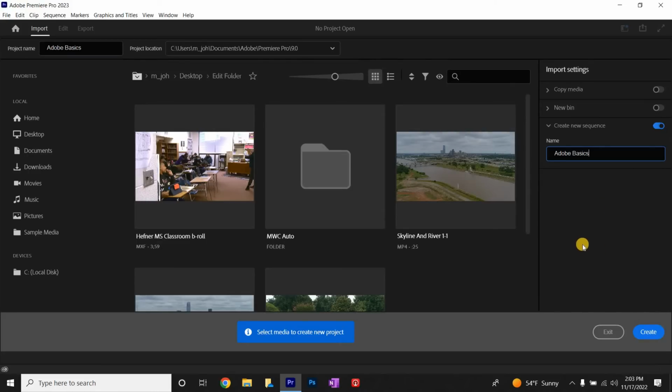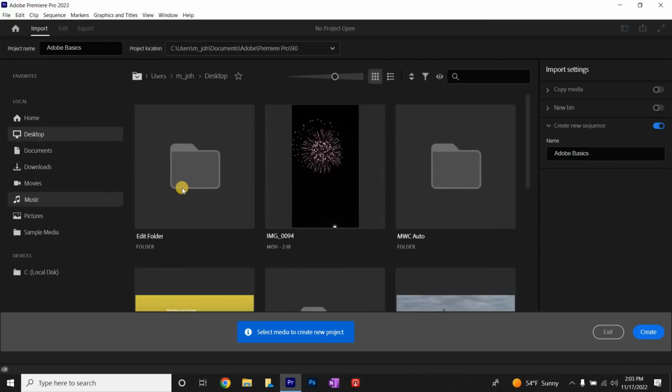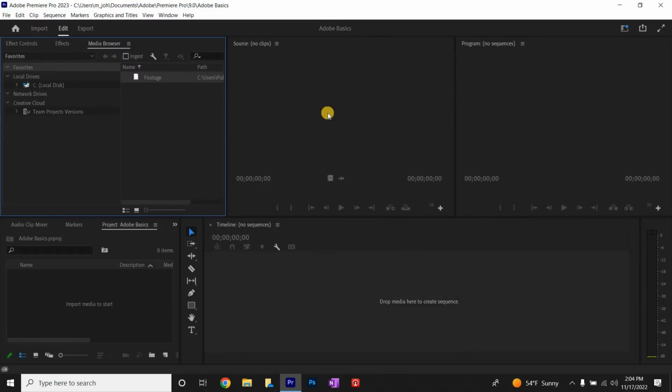And then what you can do here on the import screen is find folders wherever you save your stuff. For instance, on the desktop I have this folder called Edit folder. But I'm not going to do any of that yet because I want to show you in the edit screen how to import video. So at this point we've named our project, we've named our sequence. Hit create, and this is the basic Windows layout that I have set up,